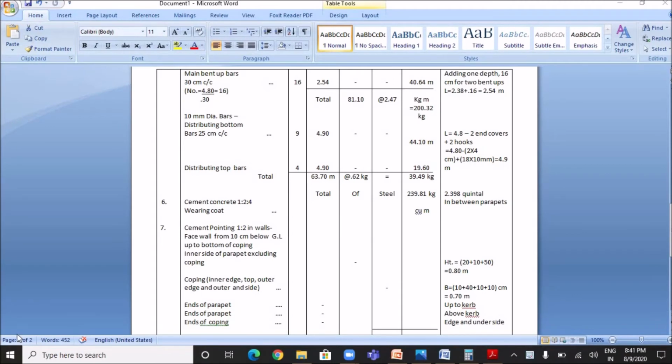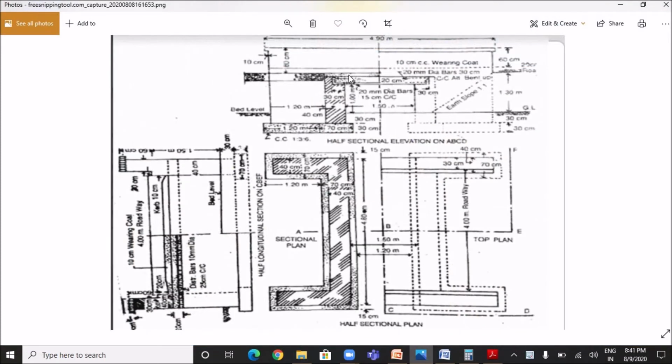The next item is cement concrete used in wearing coat. Wearing coats are provided in order to protect the structural concrete over the road from the damage of traffic or from the damage of rainwater. You can clearly see there is only one wearing coat provided here. Here also a 10 centimeter cement concrete wearing coat is provided. So its length is the same as the length of roadway. So the length of wearing coat is 4 meter,